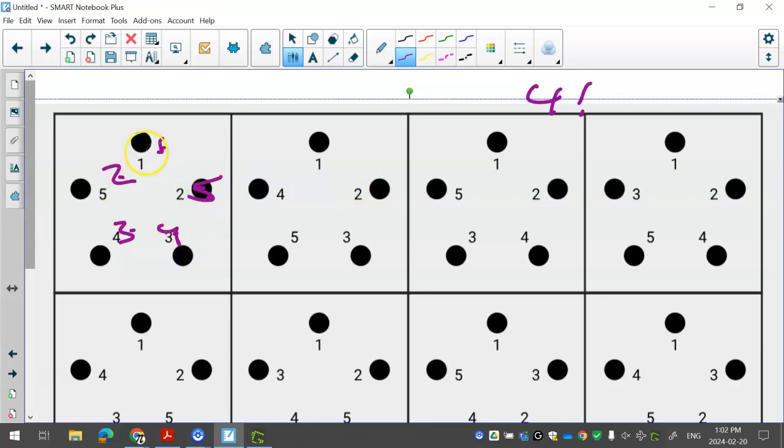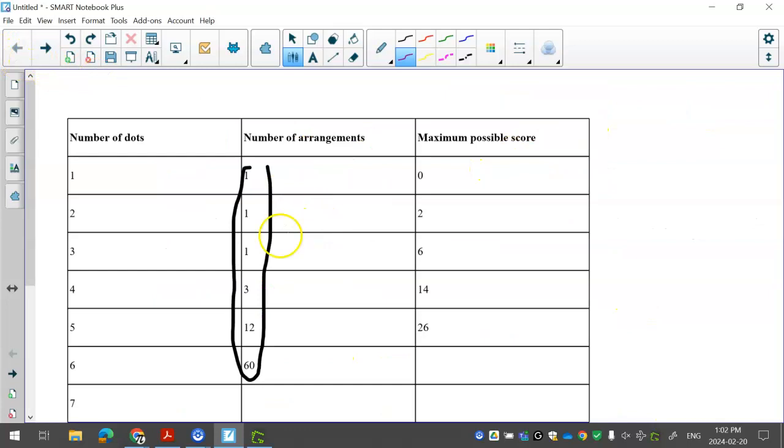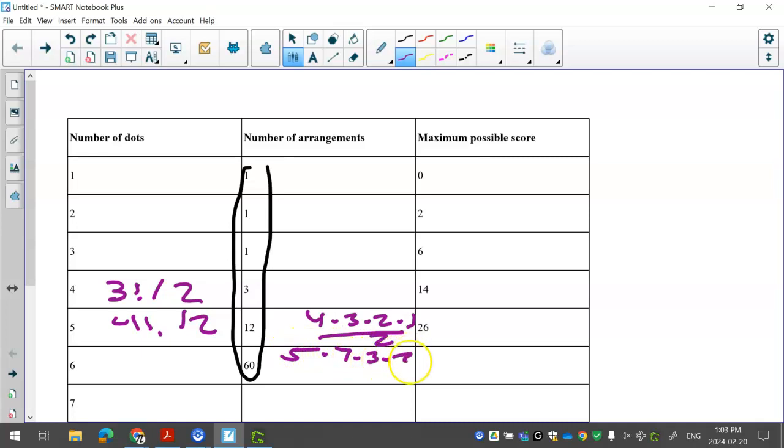In this case, they're saying that what I've written in purple is the same as what they've written in black. So we have something similar to what we looked at on that last page, where the number of ways to put that in arrangement should be 3 factorial. This should be 4 factorial. But they're saying there's no uniqueness for counterclockwise versus clockwise, so they're dividing each of these by 2. So this here is 4 times 3 times 2 times 1 over 2. This then would be 5 times 4 times 3 times 2 times 1